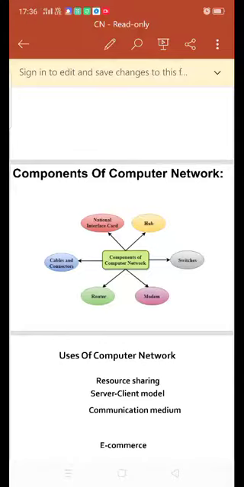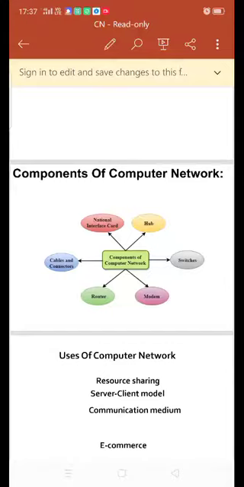First one is wireless NIC, second one is wired NIC. Wireless NIC means modern laptops use the wireless NIC. In wireless NIC, the connection is made using an antenna that employs radio wave technology. In wired NIC, a cable is used to transfer the data over the media.